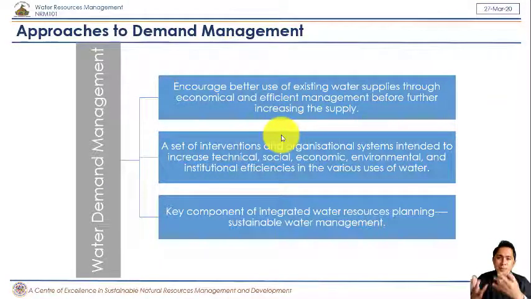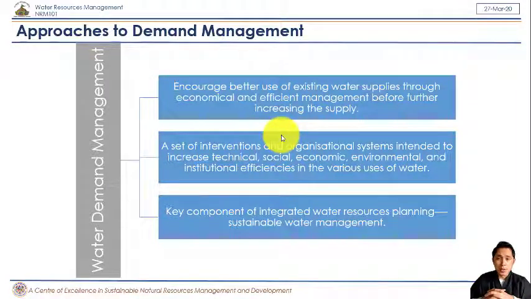Again, sustainable management of water is one of the key concepts of any management regime or paradigm. Specifically, if you look at water resources planning or water resources management or integrated water resource management, there we look at how to increase the water supply and how to minimize the water demand. Just a small example, integrated water resource management lets us have a good amount of trees in the forest, less degradation and deforestation, and